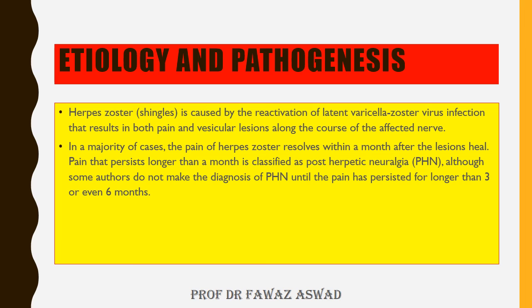The majority of cases of herpes zoster resolve within a month after the lesion heals. But there are cases in which the pain persists longer than a month, and here we classify it as post-herpetic neuralgia. And some authors do not make the diagnosis of post-herpetic neuralgia until the